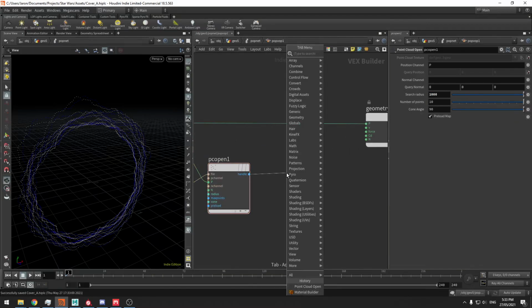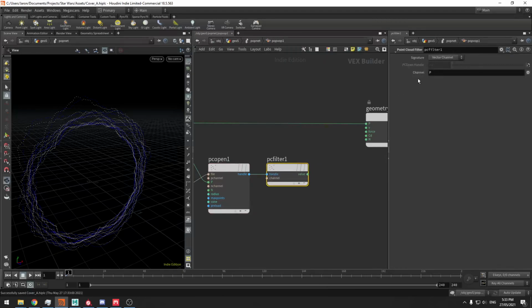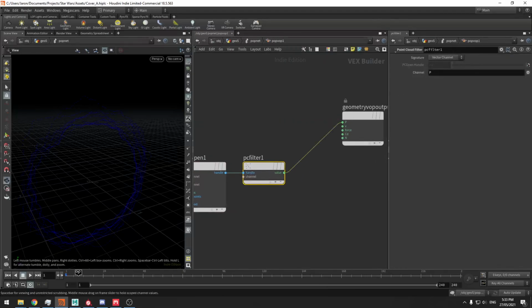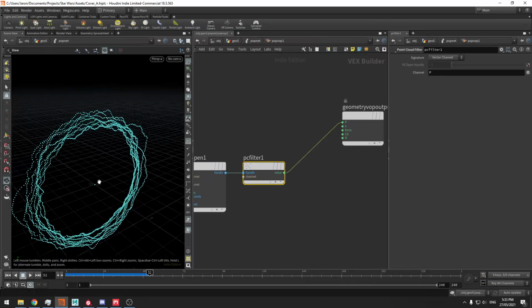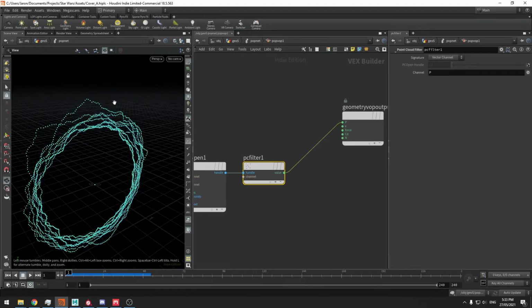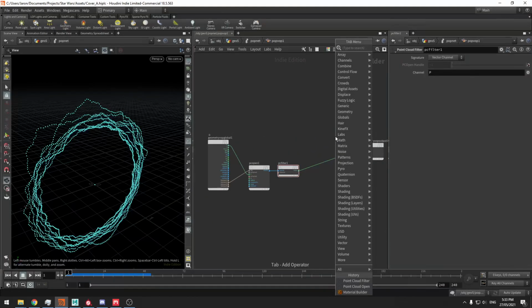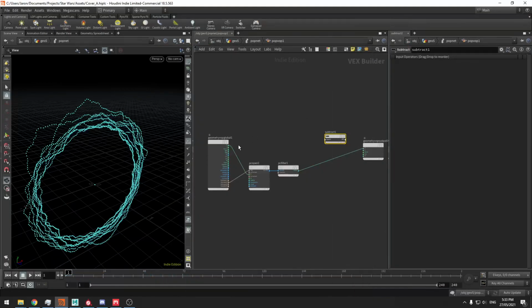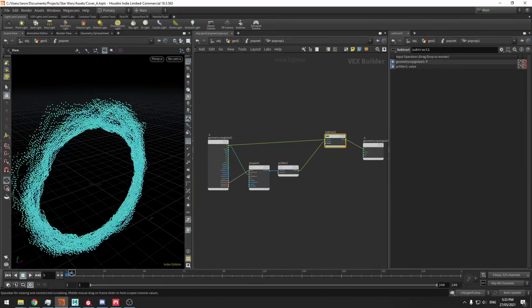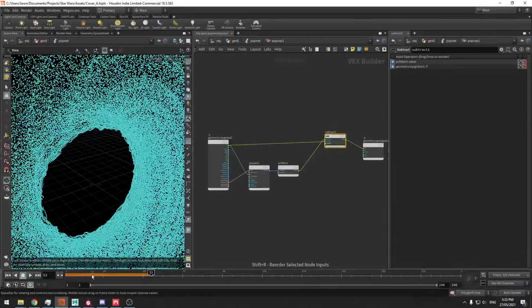And then I'm going to say pcfilter. And in here I want to get the position. And if I got that, then you're going to see that it's all going to be put into the middle, basically there, except for the starting points. But what I want to do is I want to basically say, I think it's subtract. I want to subtract this current position by this position here. And that, I think,